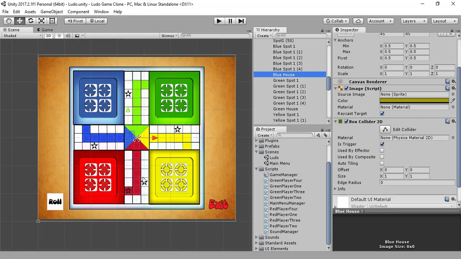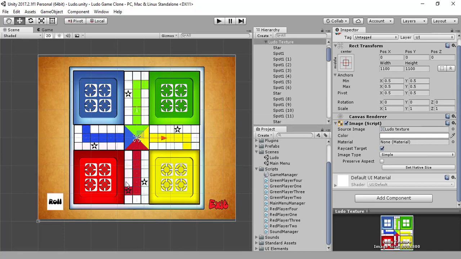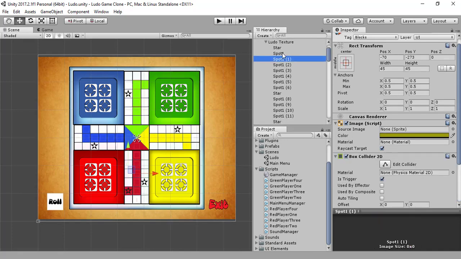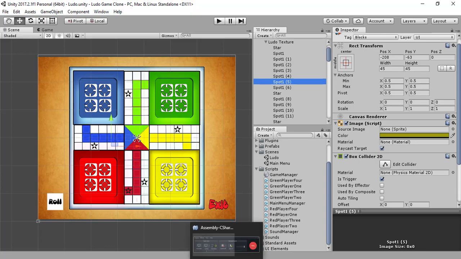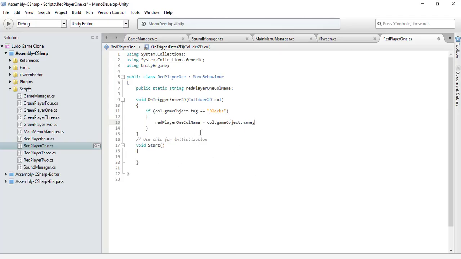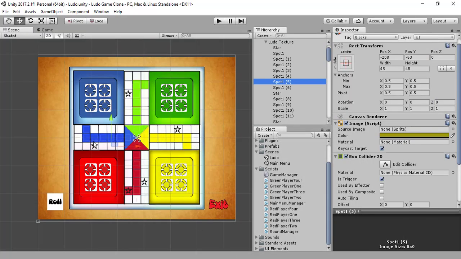So the name of this block, like spot one, or spot two and three and four and five. These names will be stored here, and in that way we will know if our player is on the safe zone or not,